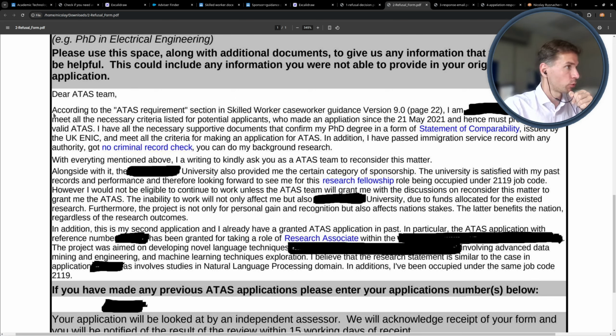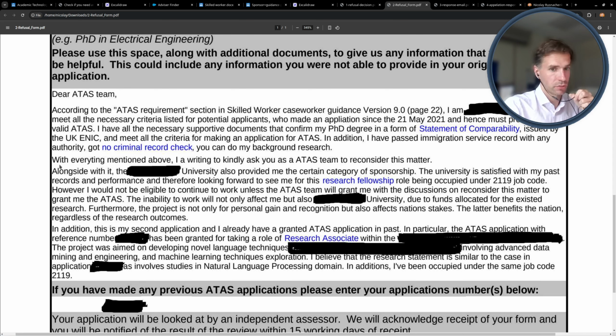So it goes in the following way. According to ATAS requirements, skilled worker caseworker guidance, what we've seen earlier, but version 15, you have to provide that listed in the potential applicants, followed by having all the supporting documents and confirming the PhD degree, and that you have no criminal record check, which again suits your eligibility.